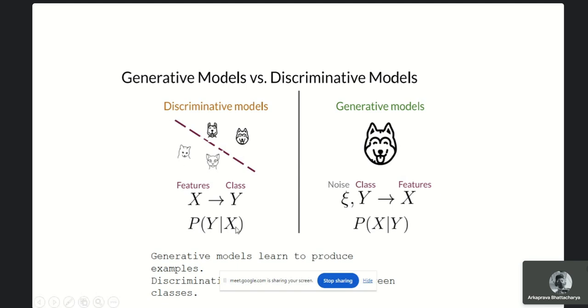So basically, if you can see on the slide, we have two types of models. One is the discriminative models on the left side, and the other ones are the generative models. So what is a discriminative model? A discriminative model is one that is typically used for classification in ML. It helps you distinguish between classes, such as cats and dogs, and